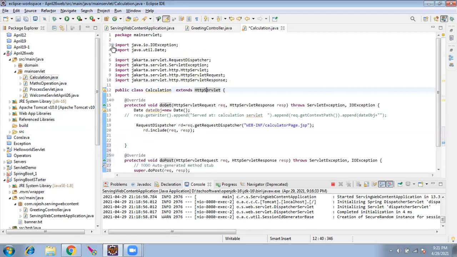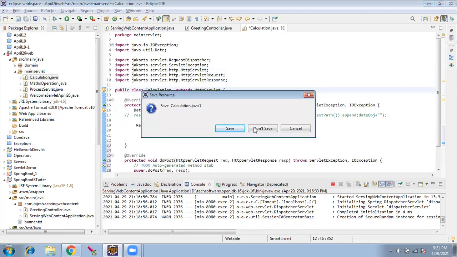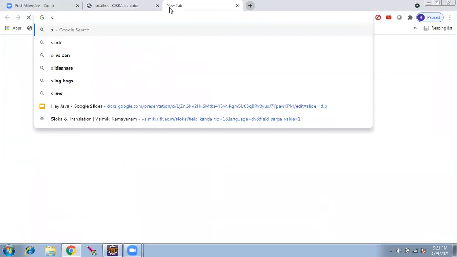You should be thinking, what should I be referring to, Jakarta servlet or Javax servlet? We had so many servlets, right? So which one to extend? That is gone. The jar file addition is gone. Web.xml is gone. So quickly we'll summarize, so we'll know how much the framework has saved us.